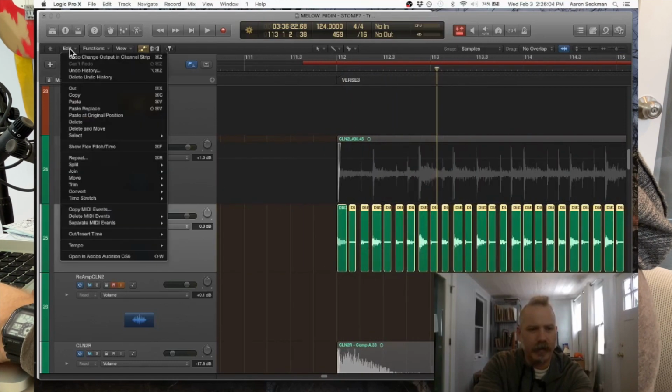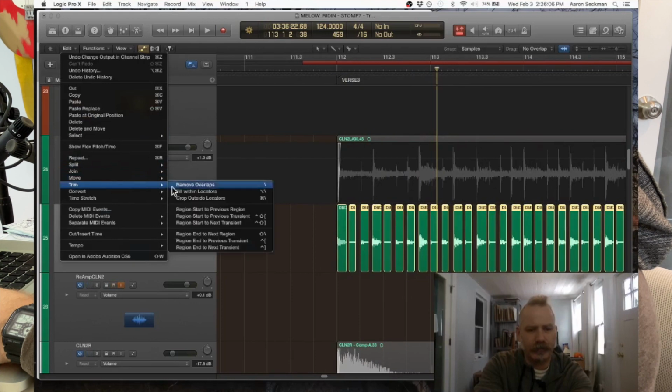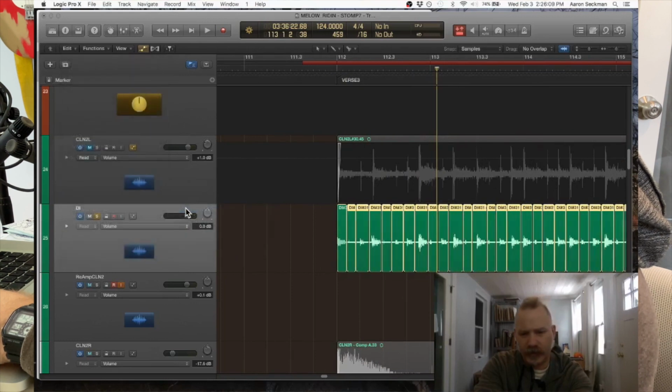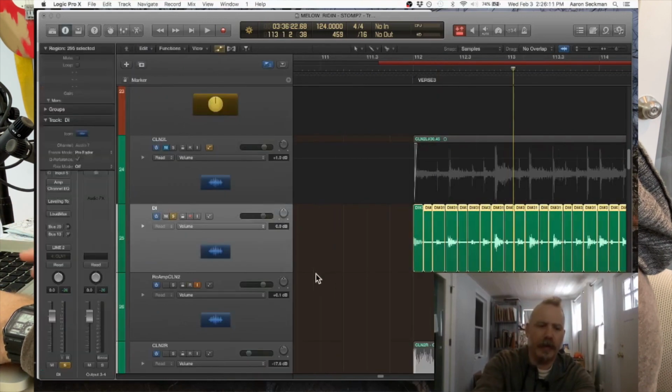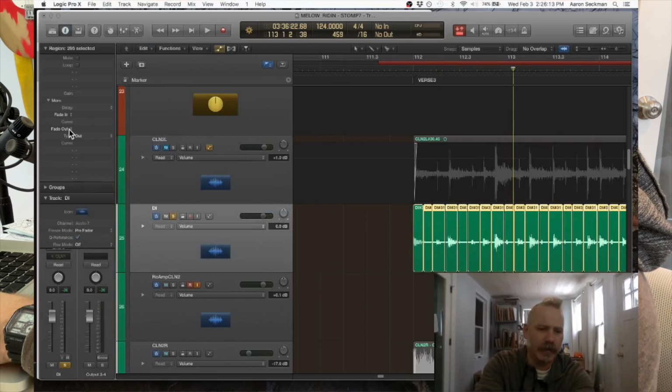So go to edit, trim, region, start to previous region, and then I to get the inspector, and I can do an equal power crossfade,